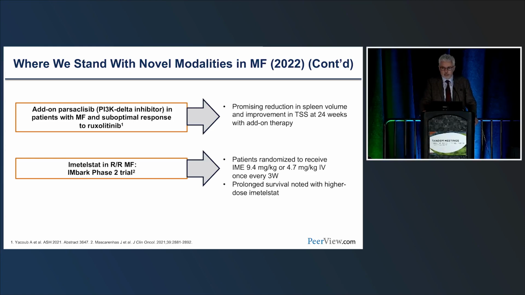Parsaclisib, the first on this slide, is a similar approach, adding it to people who are not doing well on ruxolitinib, in a day 1, 2 phase 3 randomized study for possible approval. Parsaclisib is a PI3 kinase delta inhibitor. And then finally, something completely novel in terms of the scope of the goal: imetelstat, in the middle